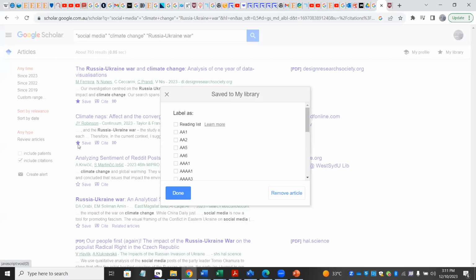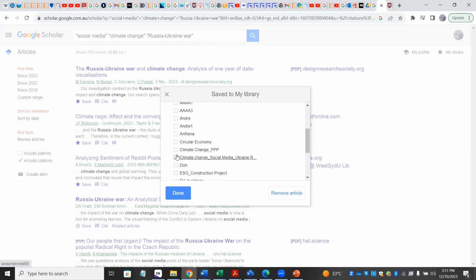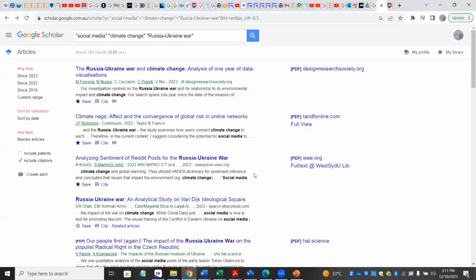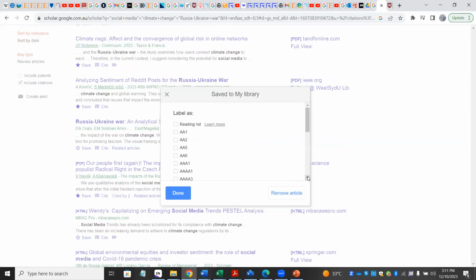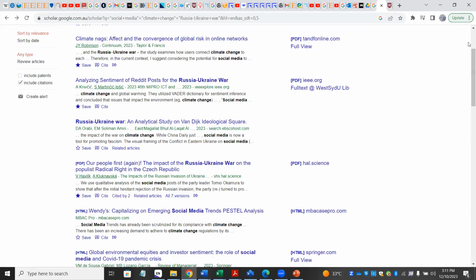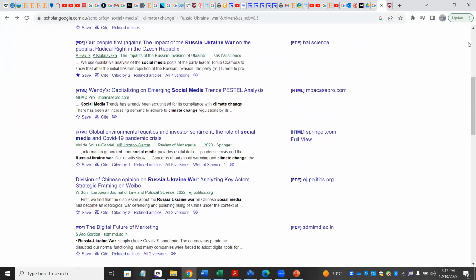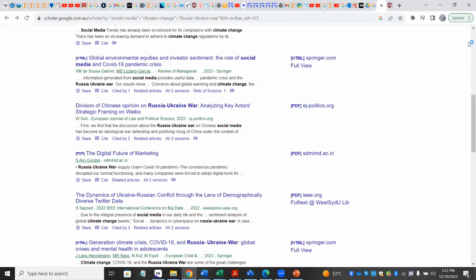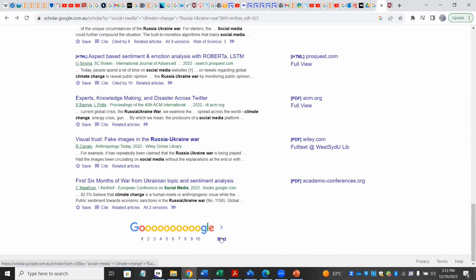So the next document is also important, and I also want to put it into that same folder. So save, then I put it in. Can we change the folder to social media and Ukraine Russia war? So I'll put everything in. So all the documents. Whilst I'm going through the 793 results, any document that I think is important, I'll save it into that folder. So I'll save till I get to the last article in this